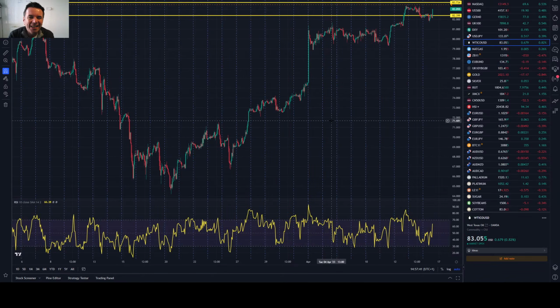I'm not sure I believe it. I do think that gap will be filled. I think that we will see oil trade down to 75 at some point, whether that's next week, next year, next century, who knows. But I've never been a fan of trading using gaps. I think it's too much assuming order in the market. Oh, gaps are always filled, so if you see a gap, you just go short. But if you'd gone short oil at 80, you'd still be significantly offside. So I'm aware of it, but I don't necessarily subscribe to that opinion.